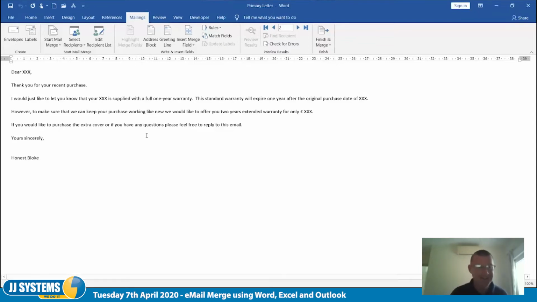Yeah, excellent. So if I replace the Dear with a field, over here we've got merge fields, and if I click on the drop down, there's the merge fields. I must say this is a massive step forward from the way they did it in previous versions, because this is just simple and straightforward, and it's the way it should be. I'm not interested in putting the full name. I don't want to say Dear John Smith. I'm going to put the short name. So, Dear short name,